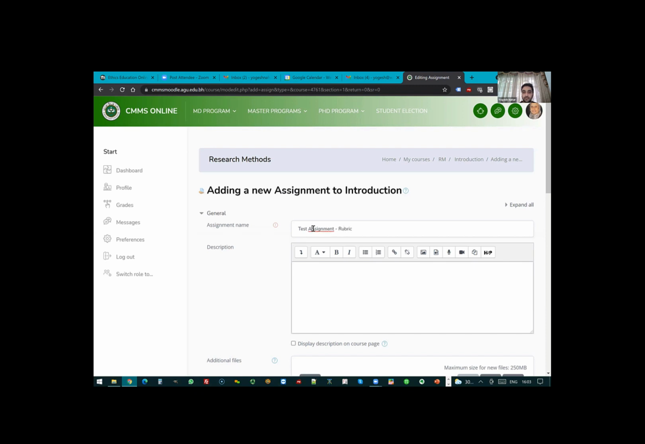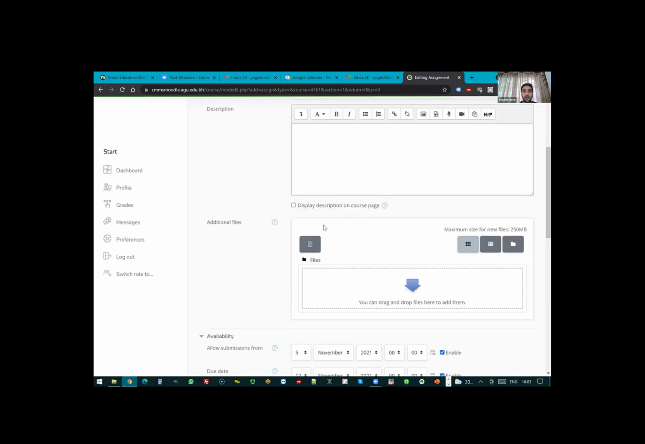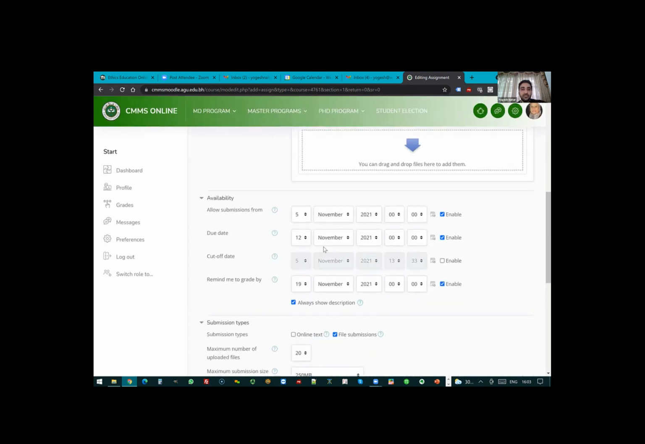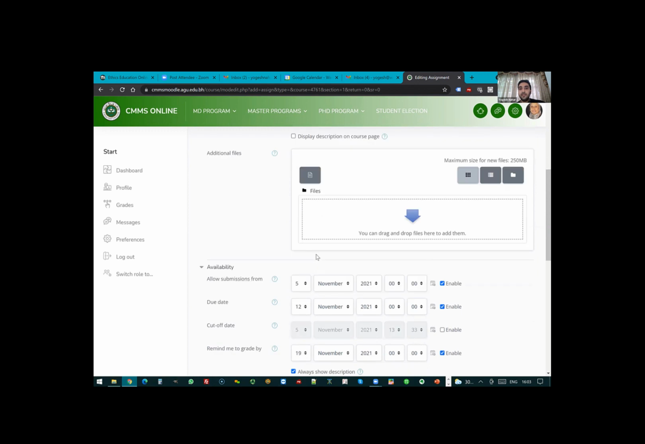Okay. And what I can do is set up the due dates, allow submissions from due date, cutoff date, etc. Remind me to grade them by particular date. That is when you get reminders from the system. Additional files is nothing but if there is some kind of reference file you wanted them to have, those can